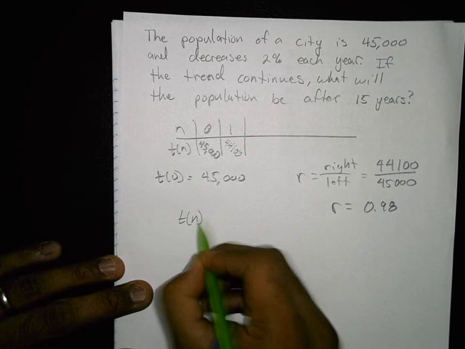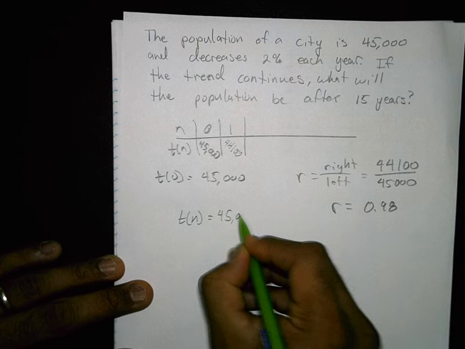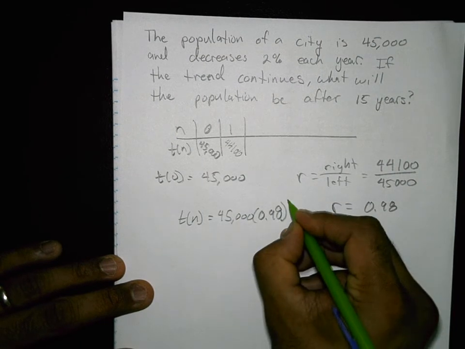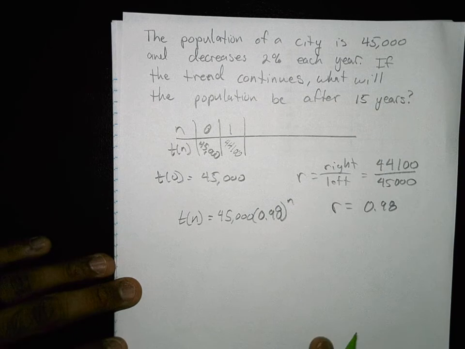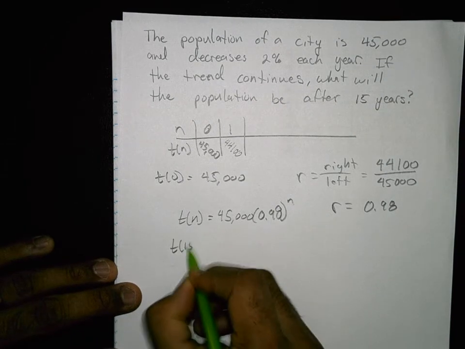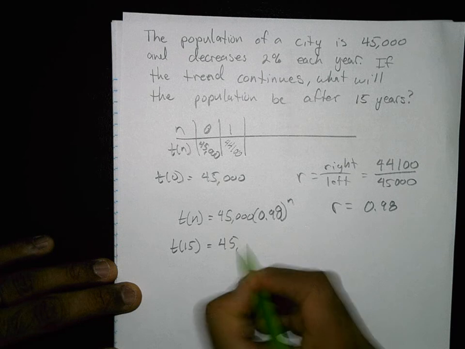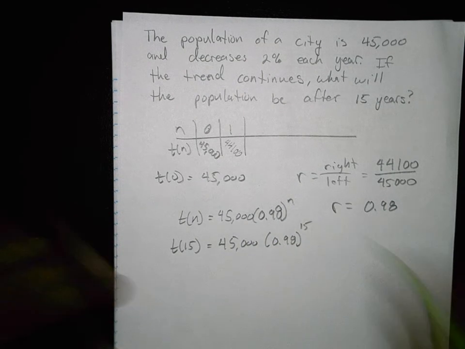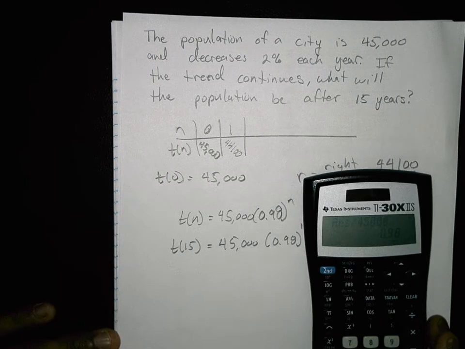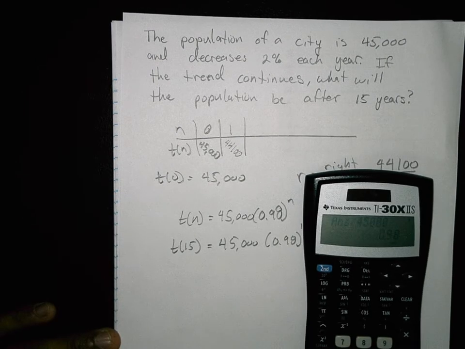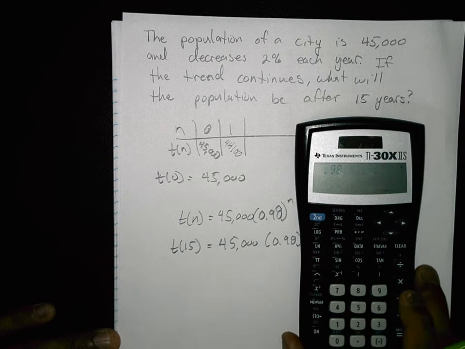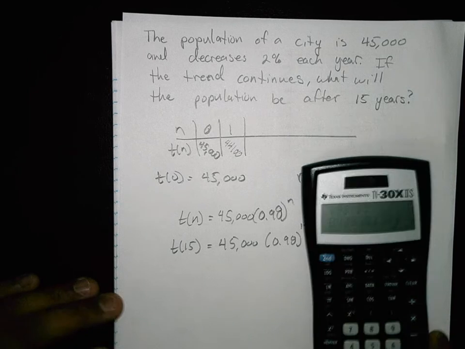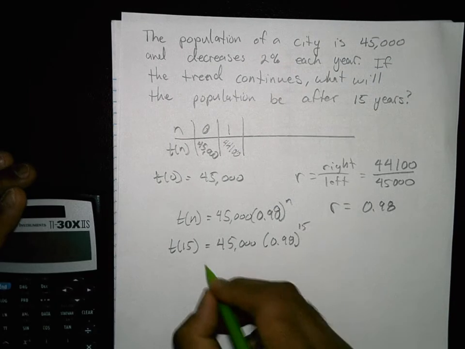T of n equals the starting amount times the common ratio to the n. I want to find after 15 years, so I'm going to make this n equal to 15. So I got 0.98 raised to the 15th, and it equals that. So I get 45,000